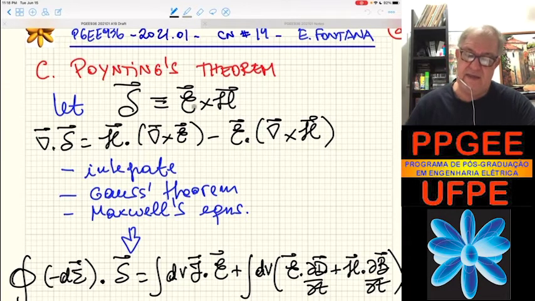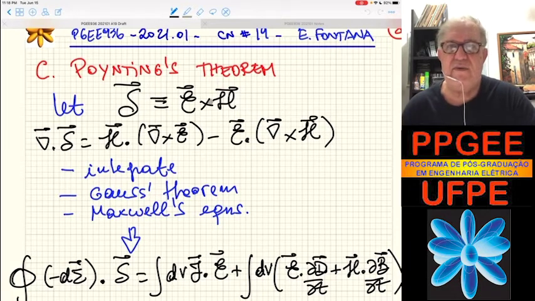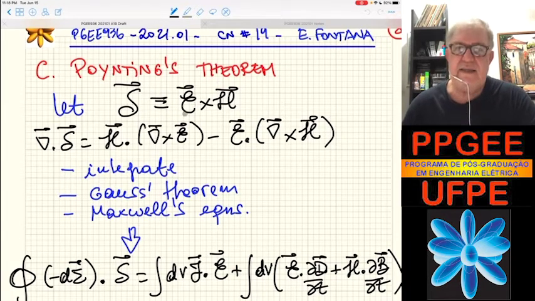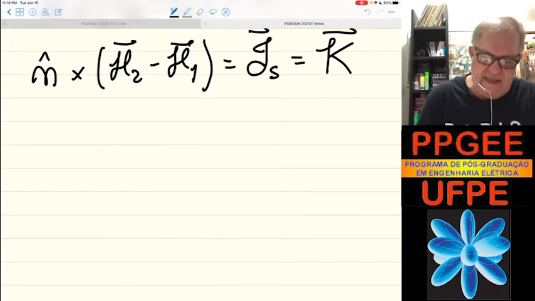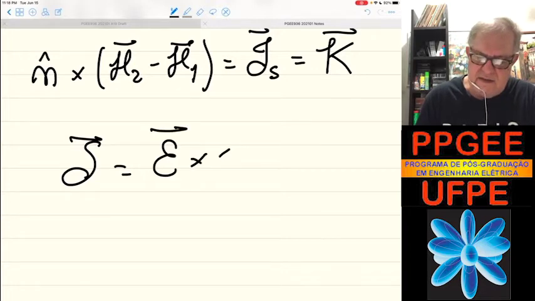Well, it gives a direction, which is the direction of the cross product, and the dimension of S. If we look at S, the dimension of E cross H is